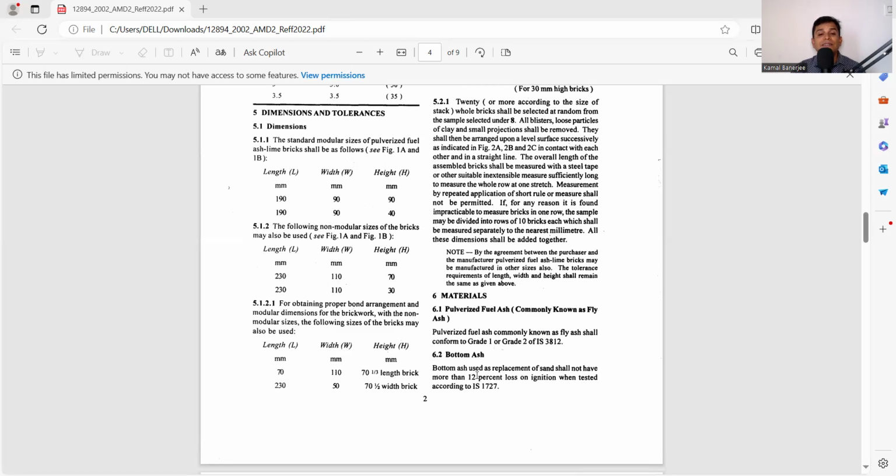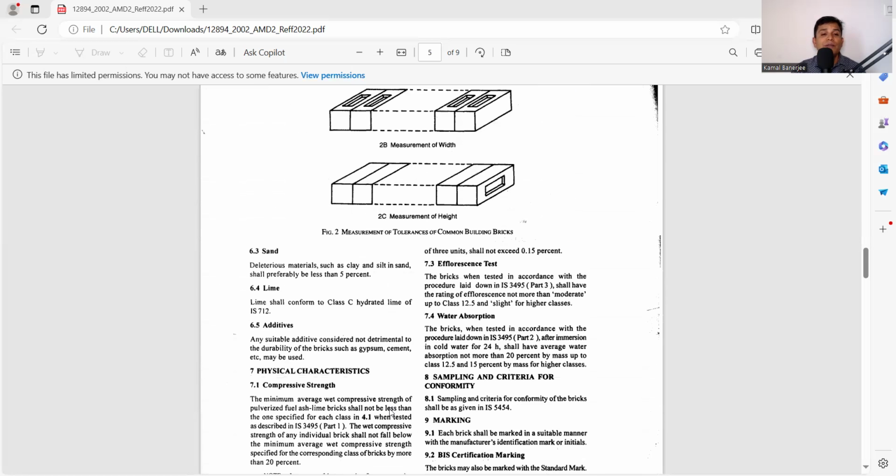So that is the fly ash, then the bottom ash, and what is the other material? That is sand. Deleterious materials such as clay and silt in sand shall preferably be less than 5%. So the silt content should be less than 5%. And the lime shall conform to class C hydrated lime of IS 712. And what is the other thing? That is additives. Any suitable additives considered not detrimental to the durability of the brick, such as gypsum, cement, etc.,